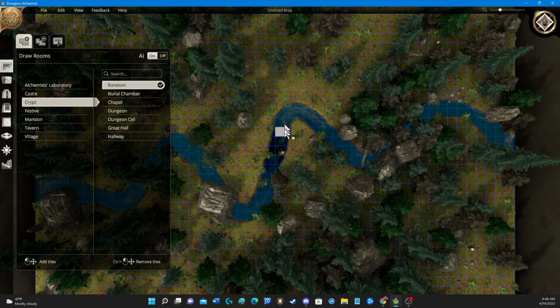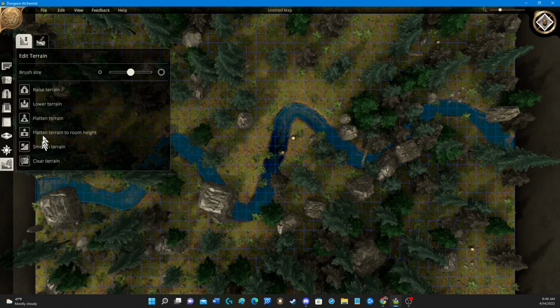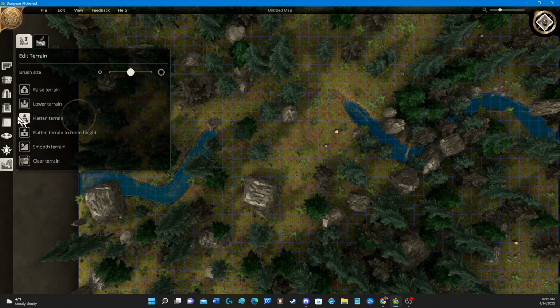Well, the water layer on a Dungeon Alchemist map is just below the surface layer. Just a little bit below the surface layer. So what I can do is I can flatten the terrain, right? I'll just close this off and erase the river there, erase that bend. And now I can lower the terrain. I'm going to shrink my cursor just a bit so that it's more the size of the river. And by simply lowering the terrain,